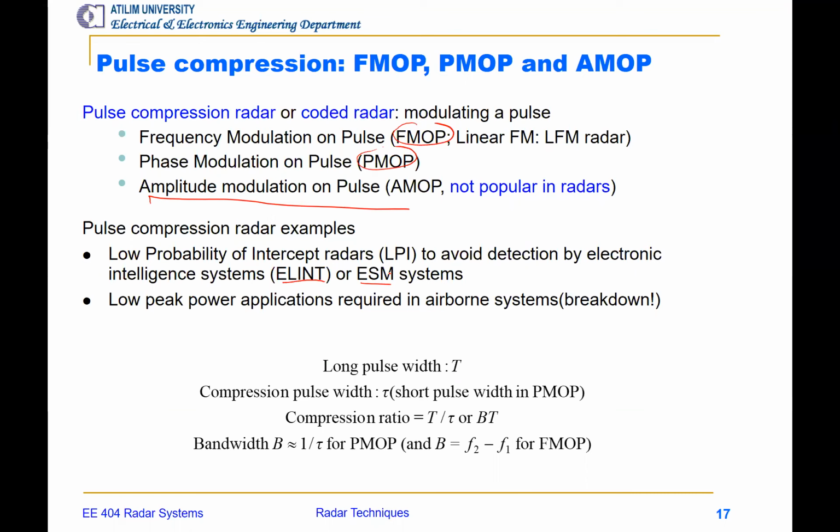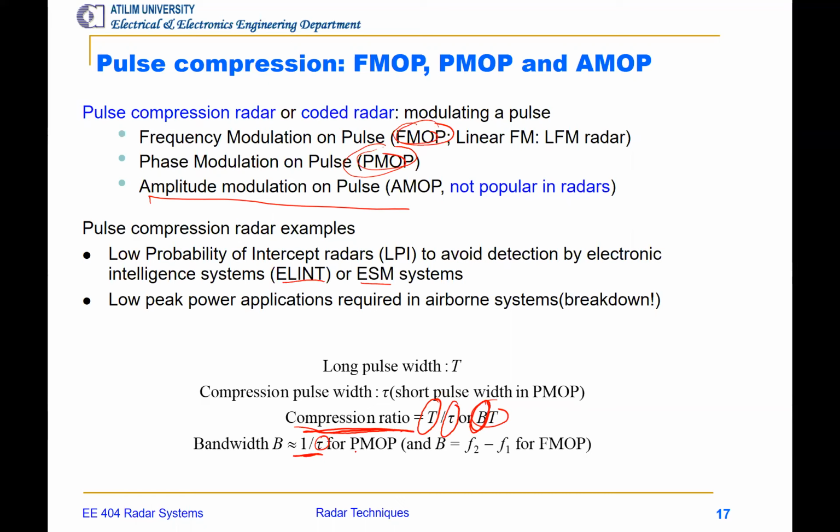If you do not know how FMOP or PMOP is implemented, you couldn't detect the signal. You couldn't detect the radar. There is a very critical parameter that we come across in pulse compression radar: compression ratio, which is the duration of the long pulse divided by the duration of subpulses. It's also called BT product, and here the bandwidth B is defined as 1 over tau, the small subpulse,